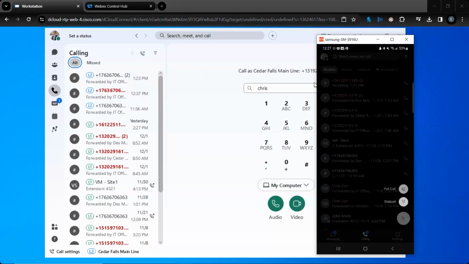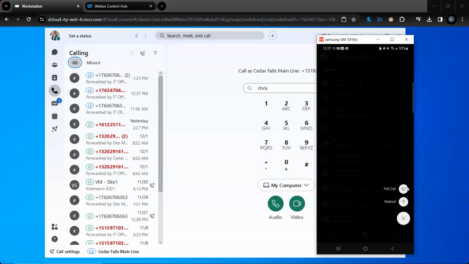Another great feature within the app is this pull call button that we have right here. Where that is helpful is, let's say I am on a call at my desk and it's running long, I need to get to another appointment. I can hit that pull call button. That's going to seamlessly move that call from my desktop or from my physical phone over to this application in my cell phone. The user or caller on the other end doesn't hear any hold music or beeps or pops. It's just immediately connected. I can then continue that call on my cell phone, hop in my car where I'm connected to my Bluetooth, drive to my next appointment, and continue that conversation uninterrupted.